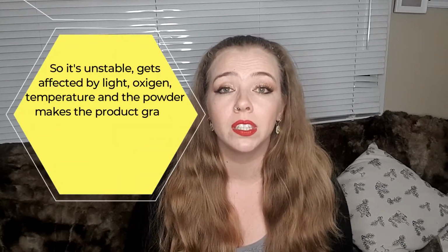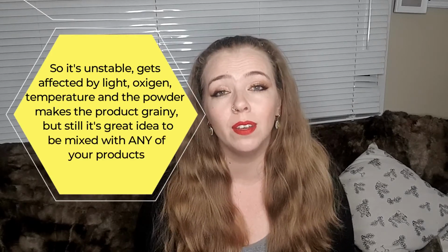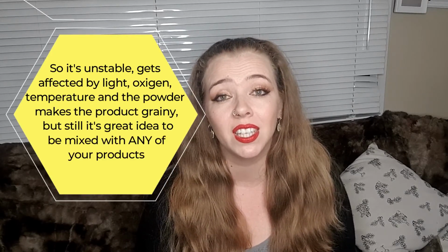I personally don't like this type of booster, and the thing is that because it's a powder, it should be a more stable vitamin C. However fine this type of powder is, when it goes into your skincare product, it will make the texture of your product a bit grainy and powdery. So it will become some kind of mechanical exfoliating product, and especially if you have sensitive and dry skin,